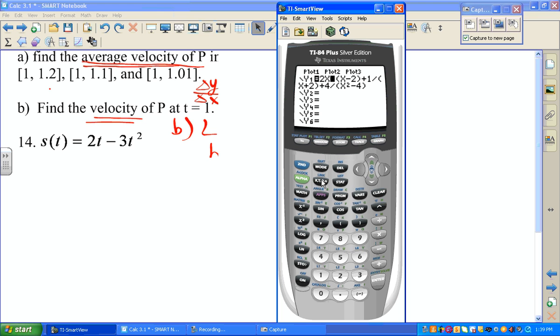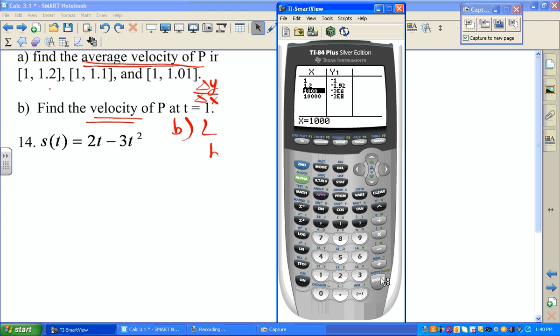2x minus 3x squared. Okay? I'm going to go to the table, set, and do the ask again. I don't want to know everything. I just want to know a few values. All right? So I'm going to go to the table, and I put ask. I'm going to put in 1,